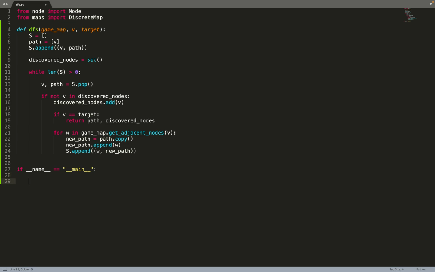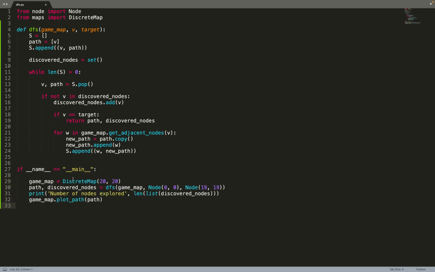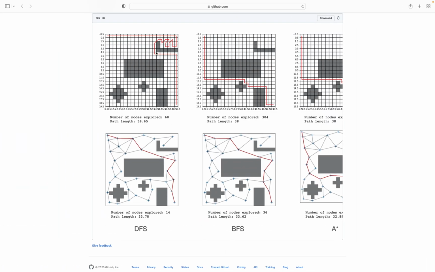And then we can put all the pieces together. So I'm creating a discrete map that was imported from my helper. I'm creating a 20 by 20 discrete map, basically the one that you are seeing there. There are a few empty cells, a few others where there are